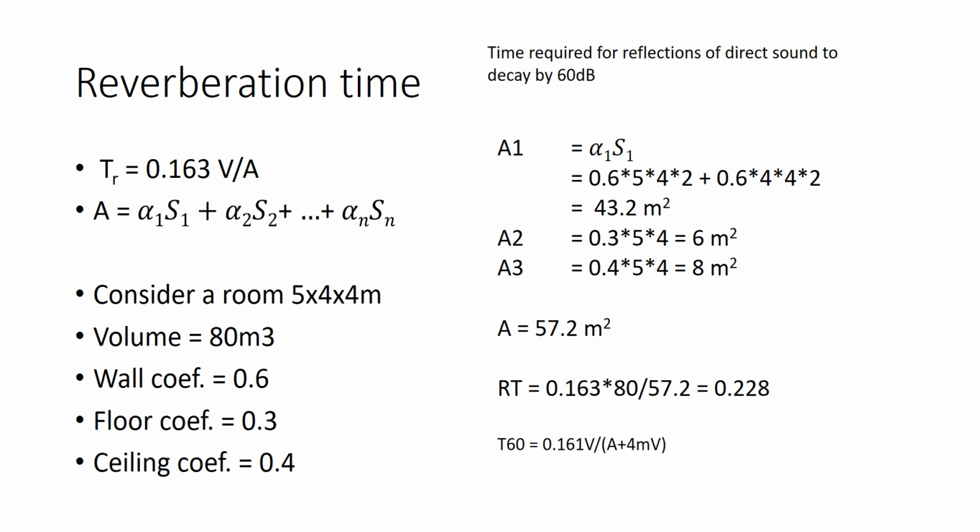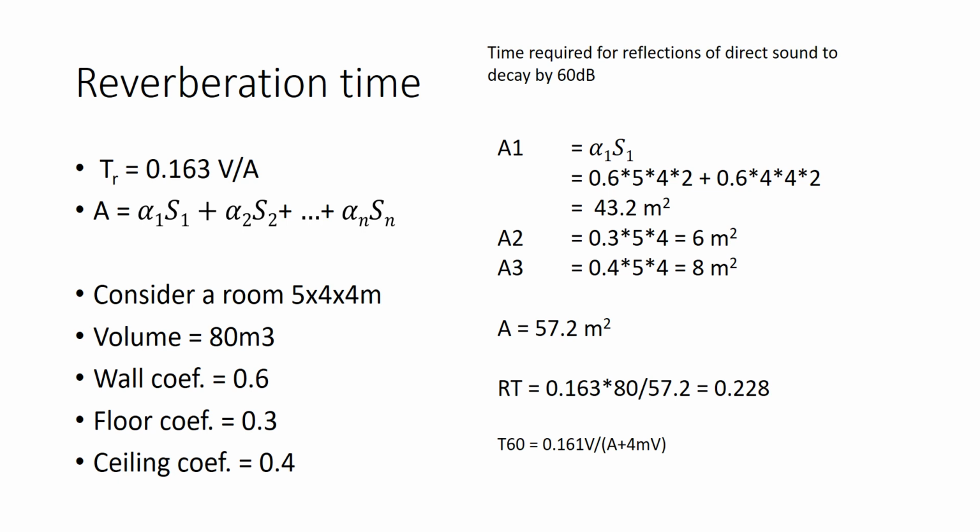A is the combination of the area and also the surface reflectance value. And this V is actually the volume. Imagine a room of 4 by 4 into 5 meters, and the volume it comes out to be 8, and